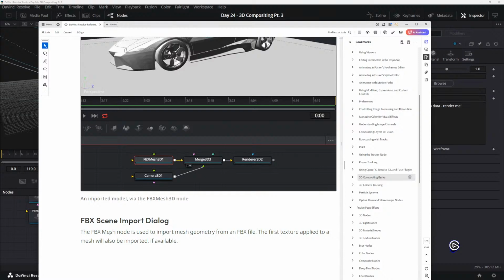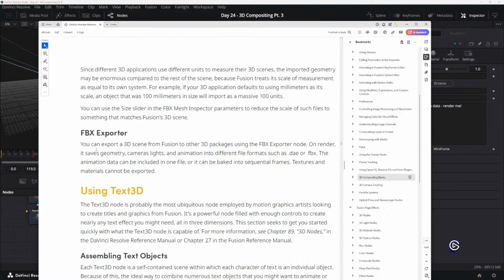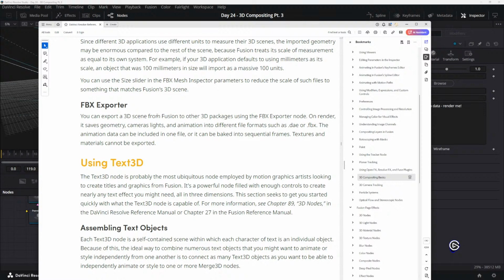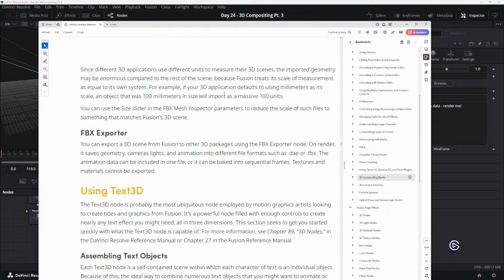FBX scene import dialog. Just like normal, it gives you the... Actually, wait, I want to see this real quick. It says one of those things. You got to make sure that the units match what you're modeling in. An object that was 100 millimeters in size will import as a mass of 100 units. Right. Okay. Well, that's straightforward. If it comes in super large, probably re-import it